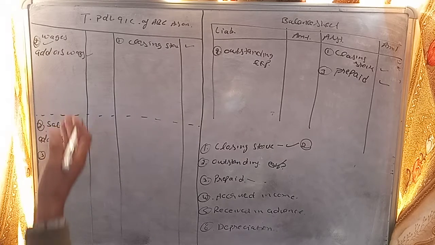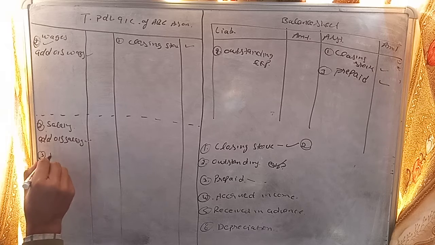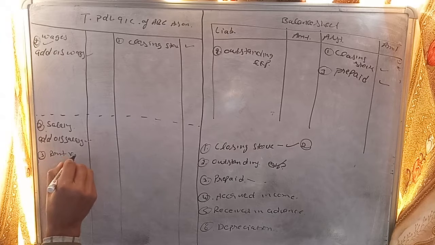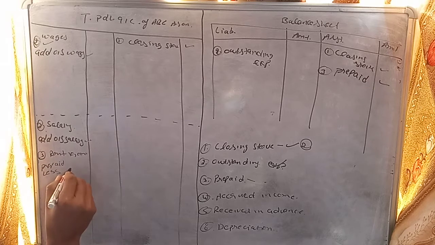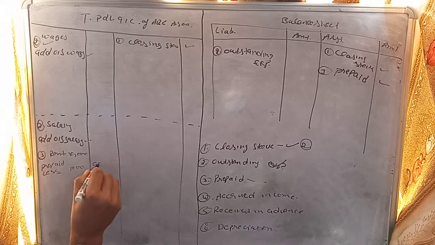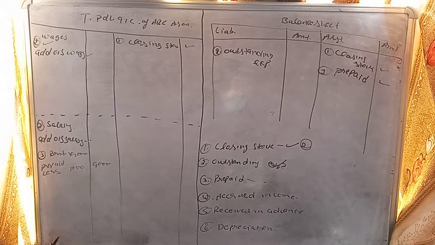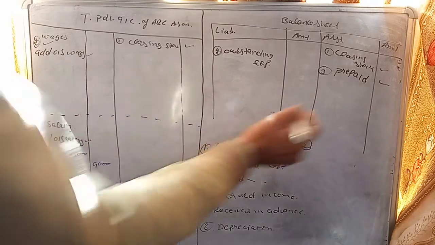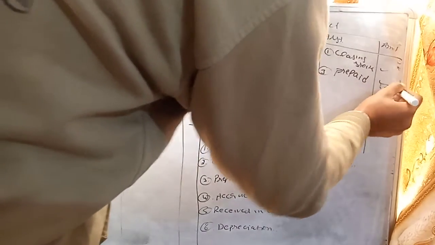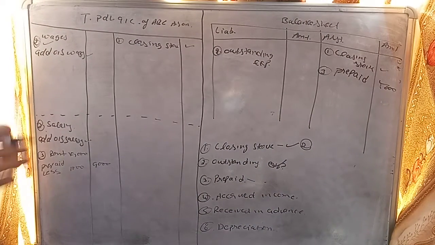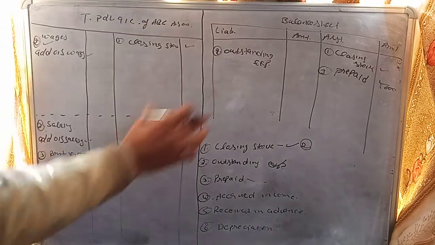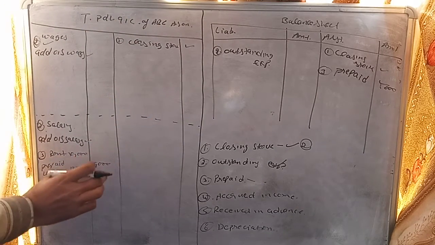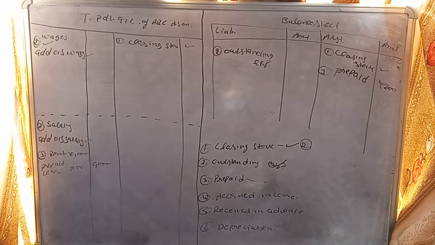And another adjustment is in the profit and loss account, we have rent, suppose 10,000, and if there is prepaid rent, so we will deduct it from the rent, like suppose 1,000. So here we have rent 9,000. Clear? And here we will add up the value prepaid 1,000. Why do we deduct from the rent? Because this is the expense of the next year, but we are preparing the trading profit and loss account for this year only. That's why we will deduct it from this particular amount, right?